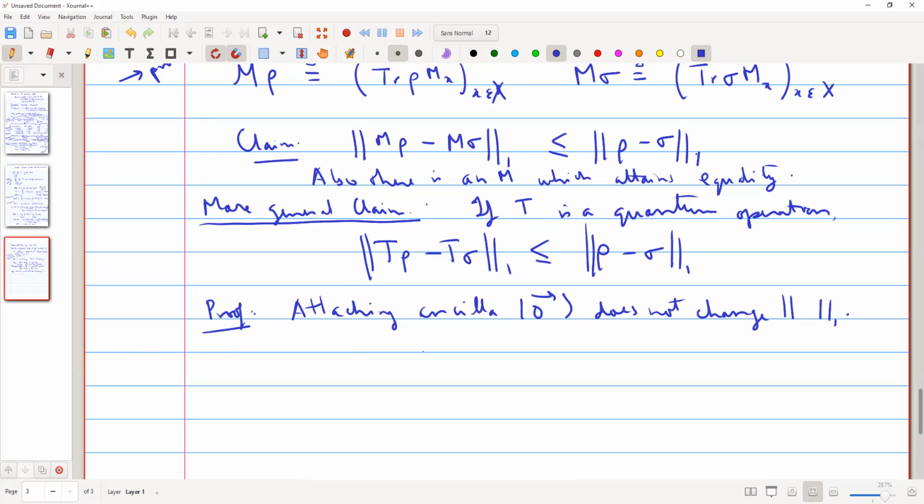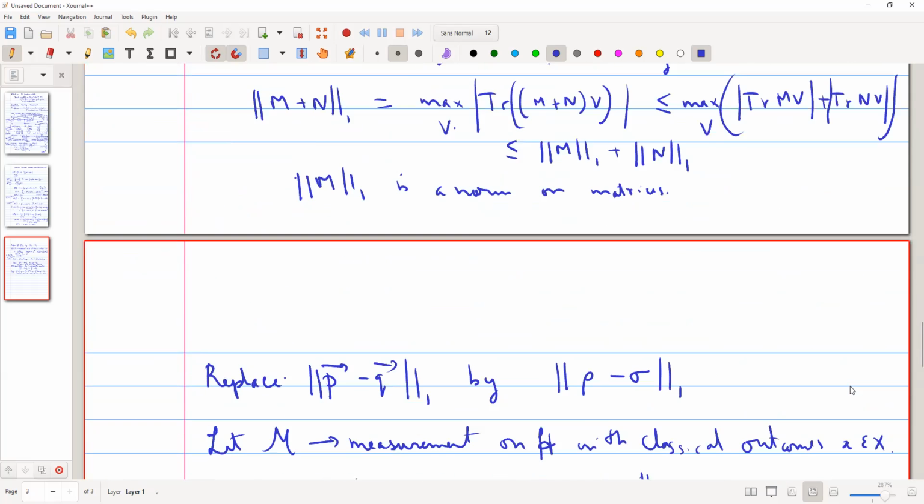Then applying a unitary on the joint system doesn't matter. So this does not change L1. That is easy to check, right? Because